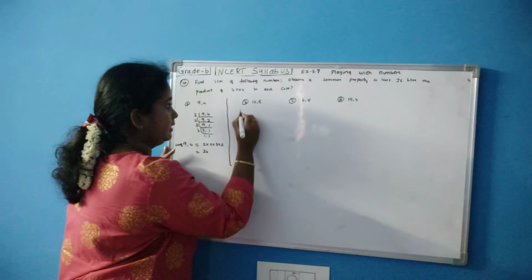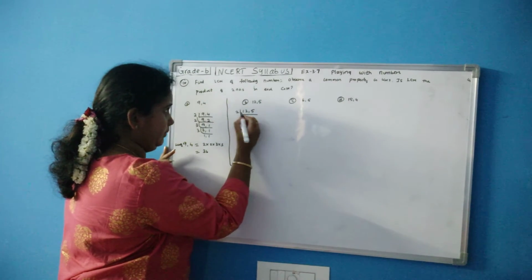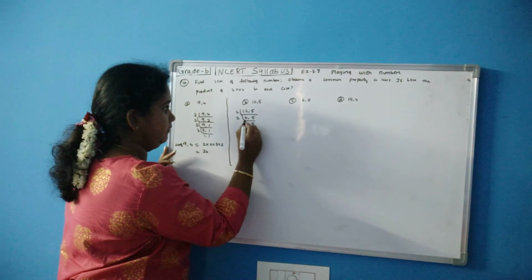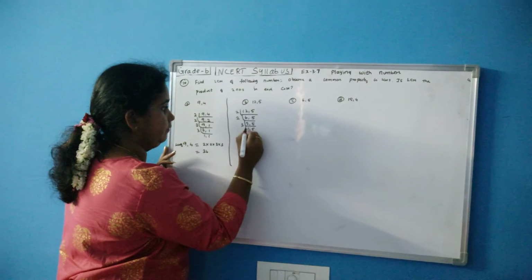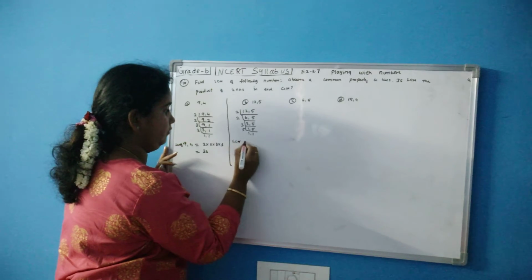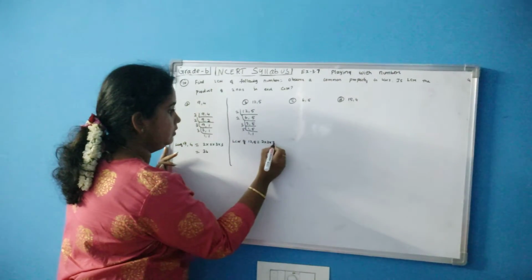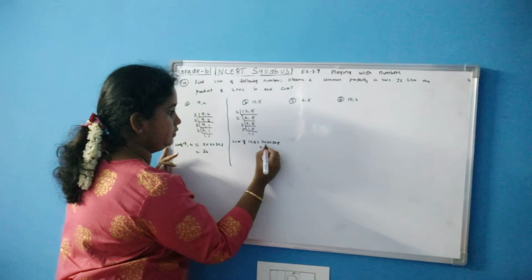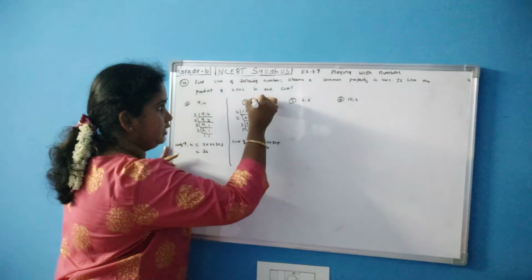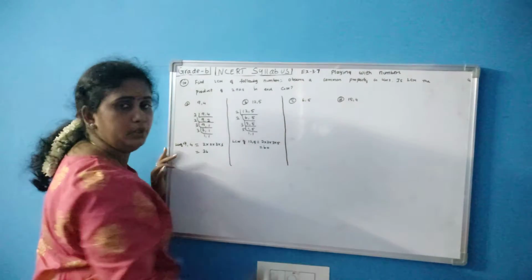Let's check in your second sum. 12, 5. 2 table. 6 2s are 12, 5. 2 table. 3 2s are 6, 5. 3 table 1, 5. 5 table 1, 1. So now see, LCM of 12 and 5 is equal to 2 into 2 into 3 into 5. 2 2s are 4, 4 3s are 12, 12 5s are 60. Now see 12 into 5, check in the sum also, 12 into 5 is 60. So LCM is the product of two numbers.